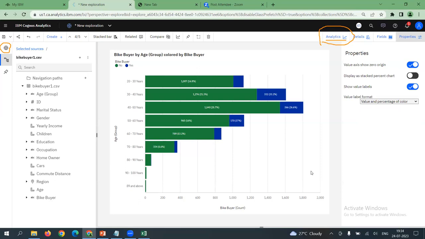Do you think, participants, this can be one of the most important insights that can be shared with the production, marketing and sales teams also? What do you say? Think out of the box. Correct. If marketing and sales teams are given this insight, they know whom to target first. That age group they'll focus on. How will this insight be useful to the production team, engineering team, anybody? How can the 30 to 40 year age group, which is more favorably responding to our bike demand, be useful to the production engineering team? I'm asking.